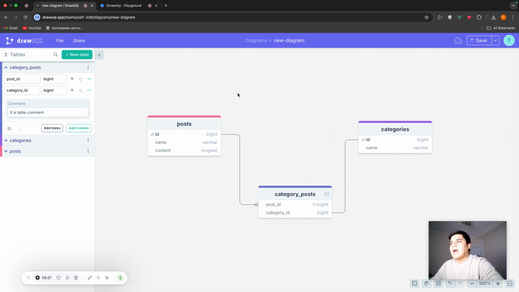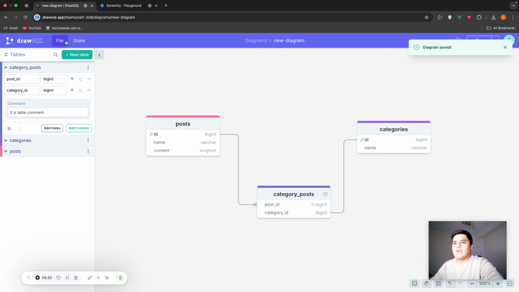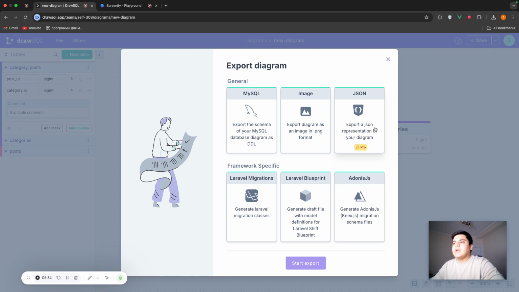So in DrawSQL, after saving, we go to the file, and here we find export. Here we have different types of export we can have. For example, we can get an SQL file directly and get our SQL dump file. We can directly get a bunch of migration files. But what even works best with Cursor is getting the Laravel blueprint. We get it.